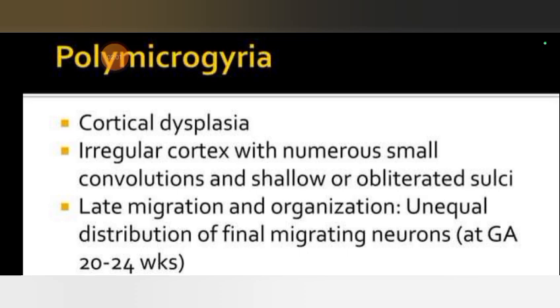Superficial cortex involvement includes focal cortical dysplasia without balloon cells; whole cortex involvement includes polymicrogyria and schizencephaly. Polymicrogyria, cortical dysplasia: irregular cortex with numerous small convolutions and shallow or obliterated sulci, from late migration and organization, with unequal distribution of final migrating